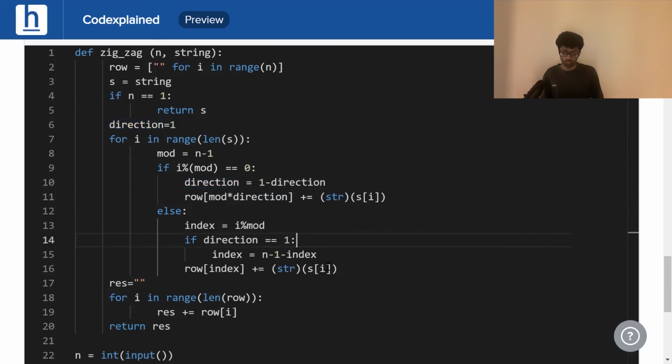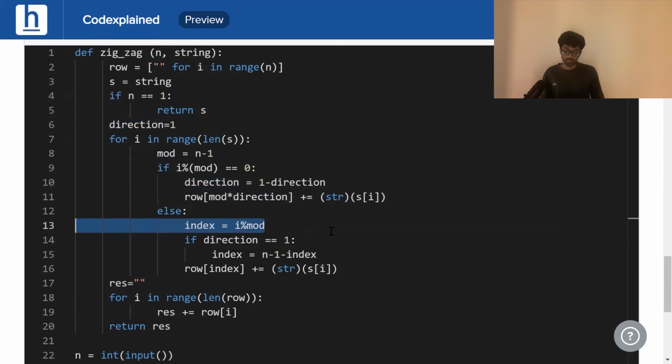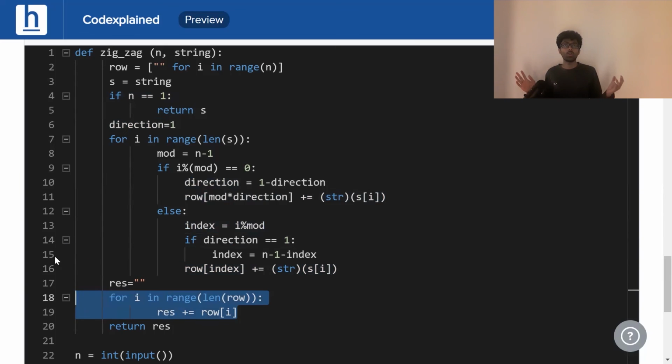If that is not true, that is to say for any of the inner rows, we first calculate the index, that is nothing but i % (n minus 1). However, if the direction is upwards, we've got to flip it. We've got to subtract that value from n minus 1. Following that, we simply append that character to the indexeth row. In the end, all we have to do is combine all those rows together and display it, which is what we're doing here.